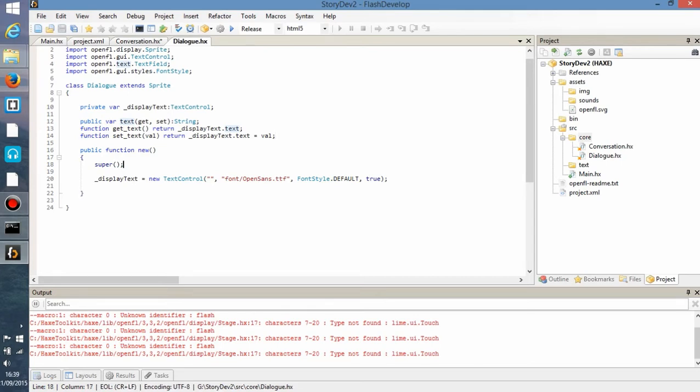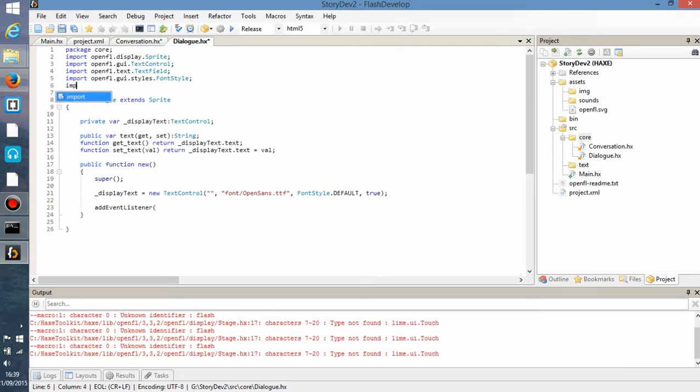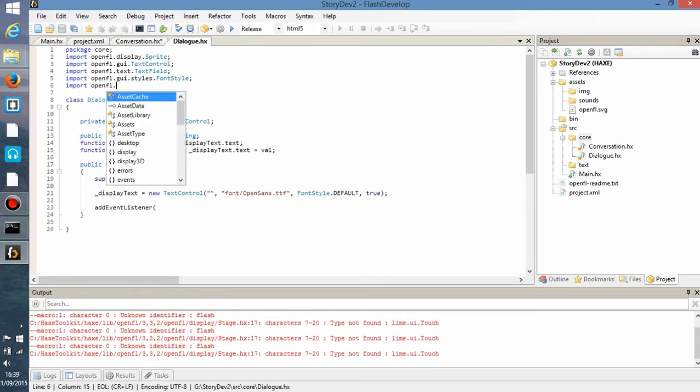Alright. So now what I'm going to do is, well, we want to add it to the child. So I think for backwards compatibility reasons, what I will do is, just in case anyone wants to use legacy, I'll actually add an event listener for the events. So import OpenFL dot events dot event,